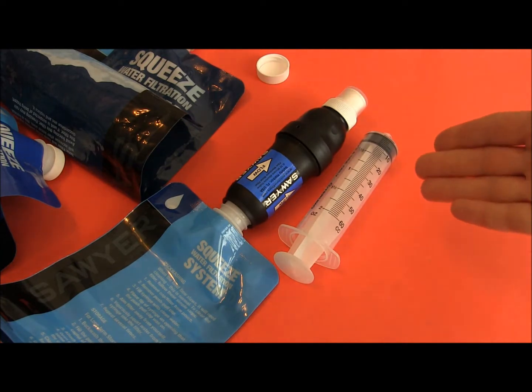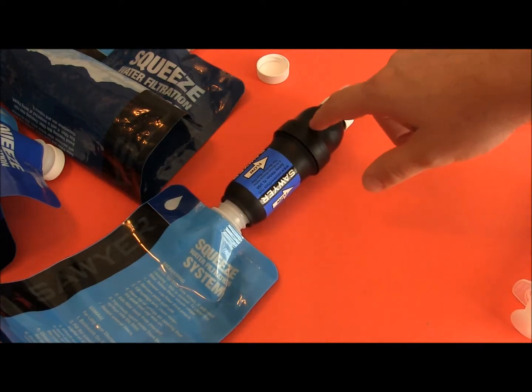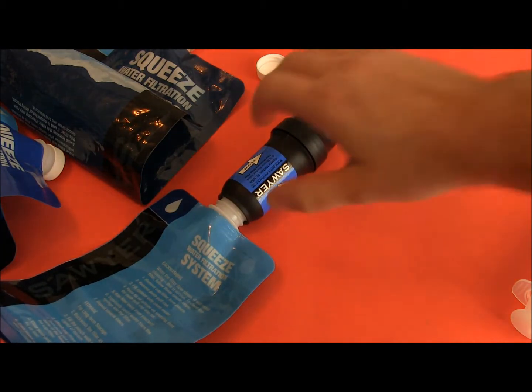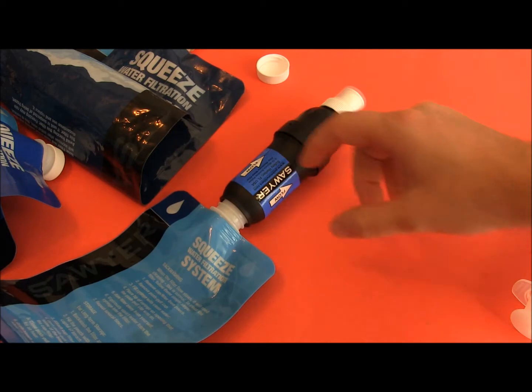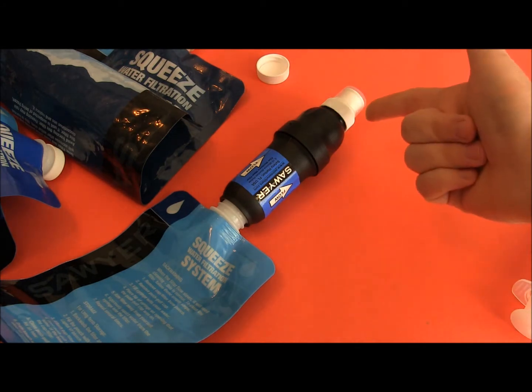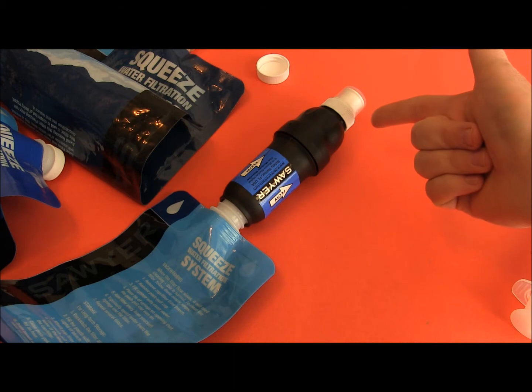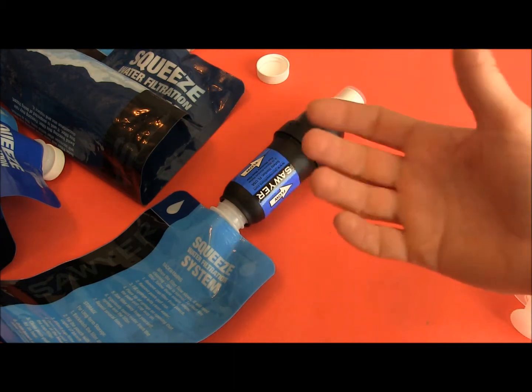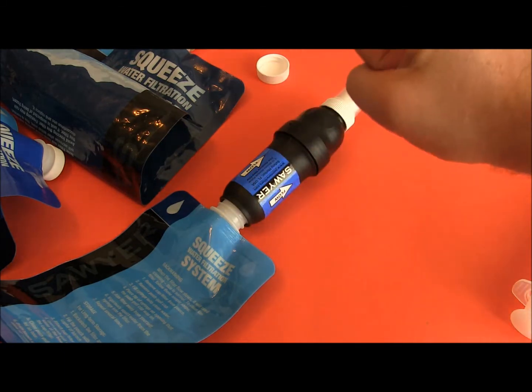And the other great thing is 3 ounces. What you're looking at here, just the lightest bladder and the filter, is 3 ounces. That is so lightweight, so small. You can see there, fits in my hand. It's about 2 inches wide and 5 inches long. So super small, compact, not going to take up any room in your pack. And what's also great, I forgot to mention, is that you can shoot this straight in your mouth. If you didn't have a spare water bottle, you could put your water bottle into your stream, creek, river, lake, whatever, screw this on and then just shoot straight in your mouth,